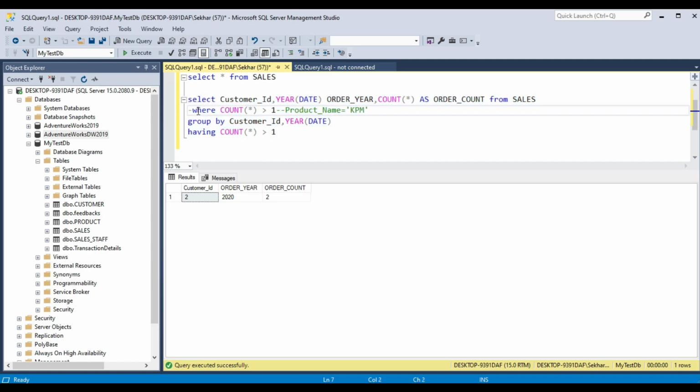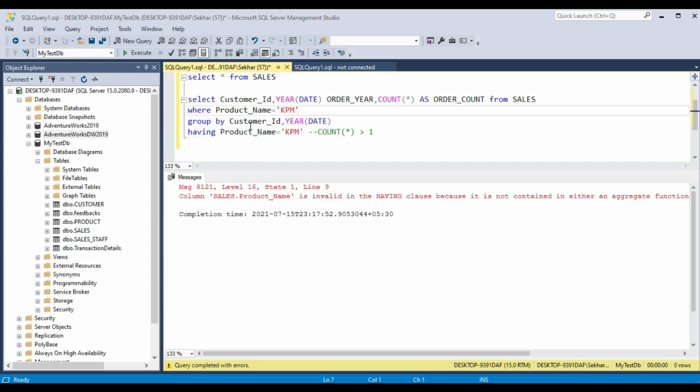Okay, but it's not that in having you have to only use the aggregate function with the expression, you can use some other conditions also. Suppose we are using this product name equal to KPM. My bad, we cannot take product name because product name is not there in the select statement, so we will take something which is there in the select statement as there is a group by.